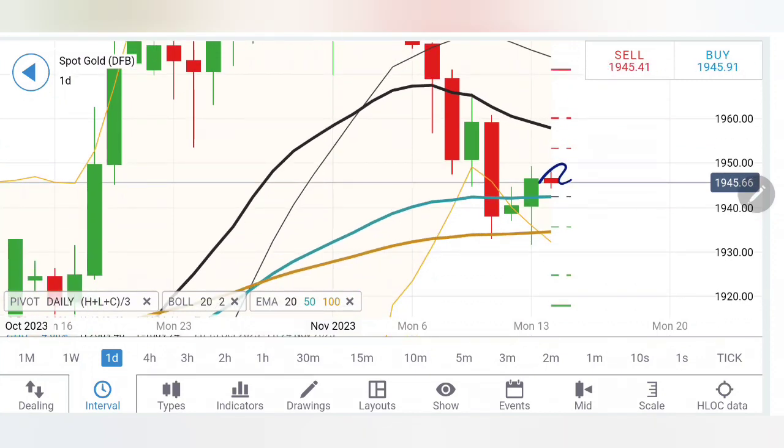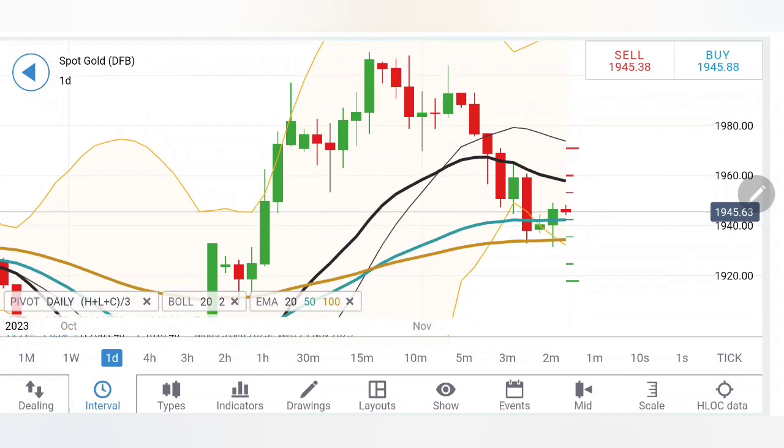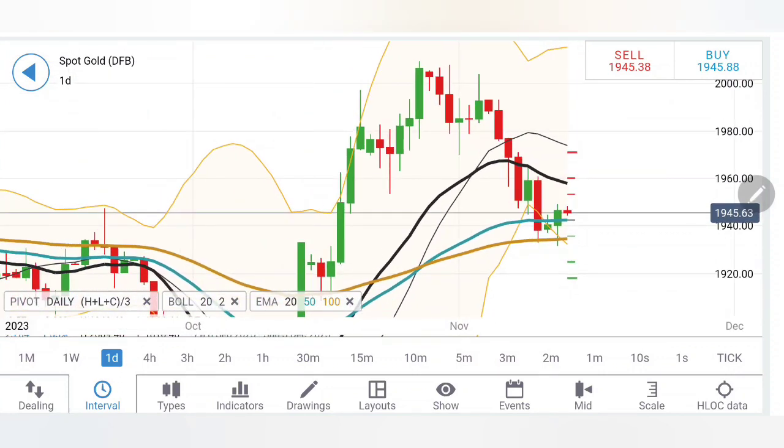At the same time, look at the preceding candle. It has got a good swing between the highs and the lows. Thus, the only bearishness in gold is if it stays below the 1942 and 1938 zone. This is the zone where it has got maximum support. Below 1938 is where the bears will take over. Now, let me give you the trading levels at which you can buy and at which you can sell and make profit today.